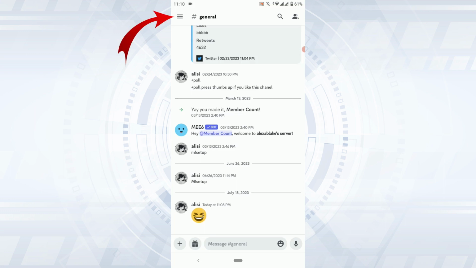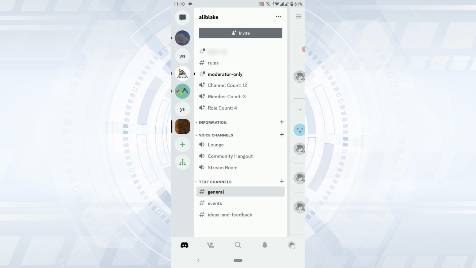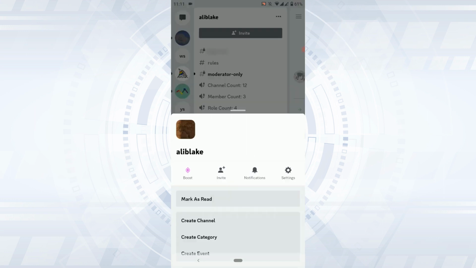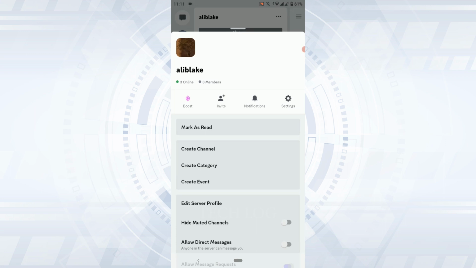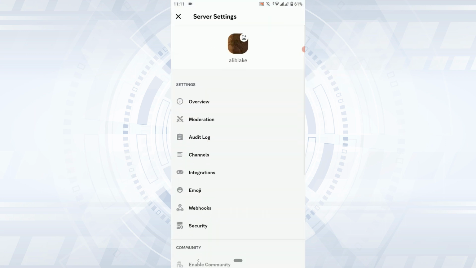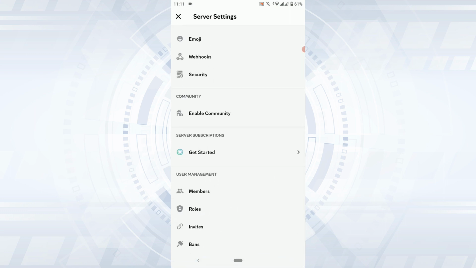So tap on the three horizontal lines on the top left and tap upon the server of yours. There in the server, you need to go and tap on the three dotted line just beside the server name. You tap that. This will give you your profile section where you need to tap on settings. Tap on it. In this setting, you need to go down to the very end of the screen and you